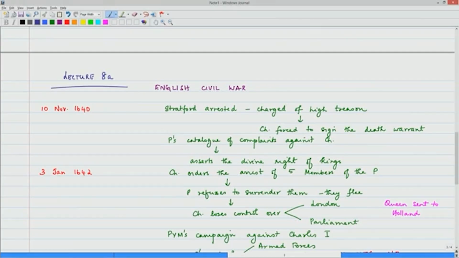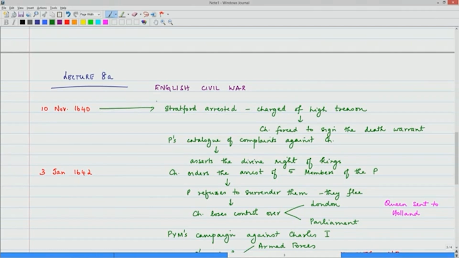In the previous session, we noted that the fifth and the final meeting that Charles had with the Parliament in 1640 also inaugurated a long and deadly struggle between the monarch and the Parliament. And here we go taking a look at a series of events that led to the English Civil War. On 10th November 1640,